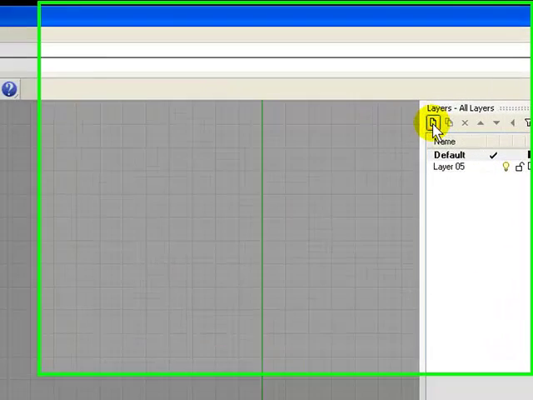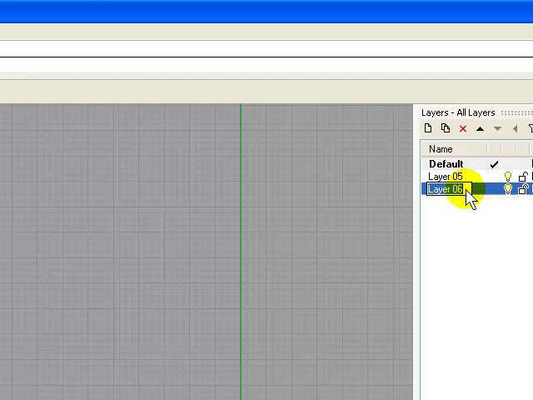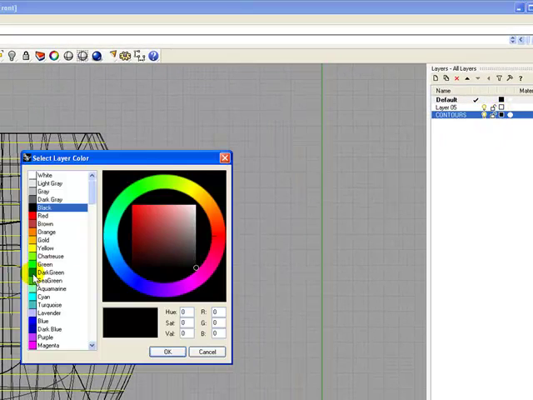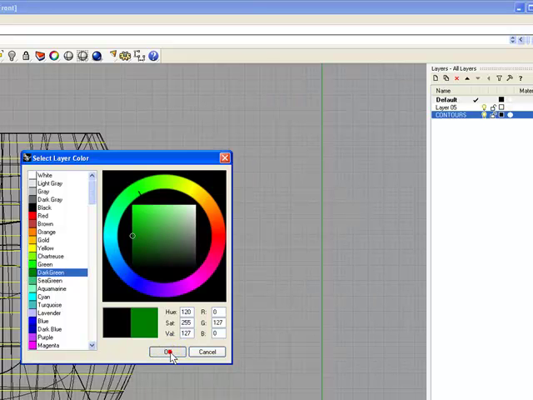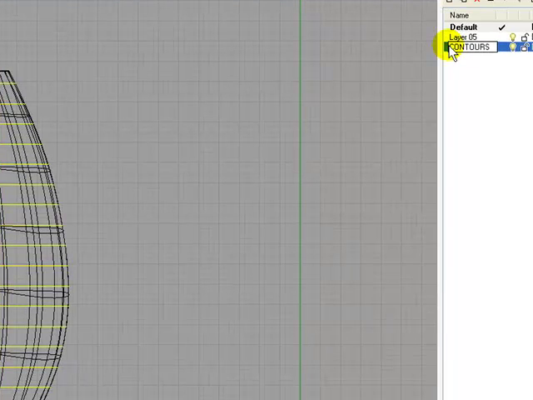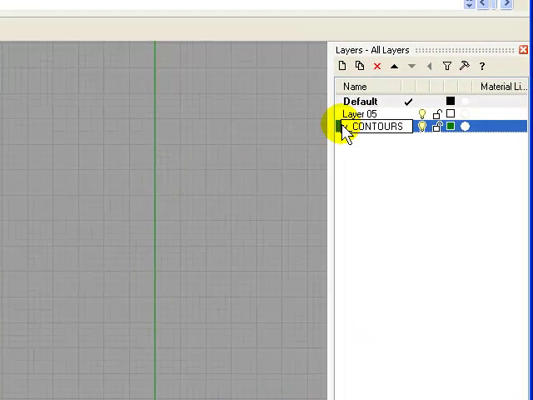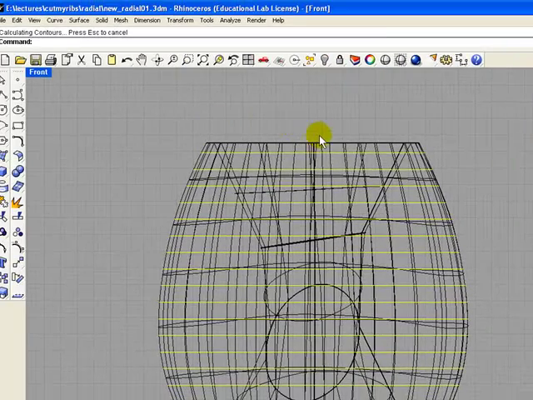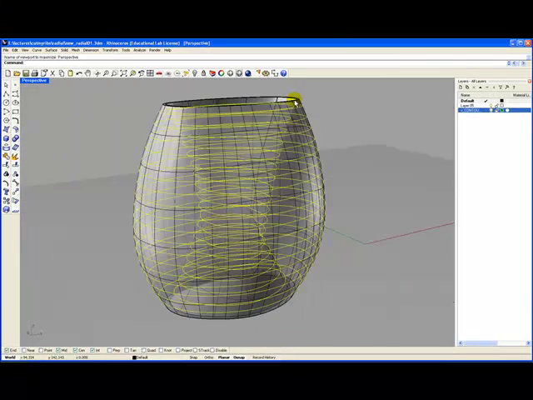I'm going to create a new layer, and I'm going to call that layer contours. And I'm going to paint that layer. For right now, I'm going to paint it dark green. Okay, and those are my contours, and I'm going to make them my V underscore contours. Turn off my caps lock. There we go. And so now if I go to my perspective window and make this my active layer,